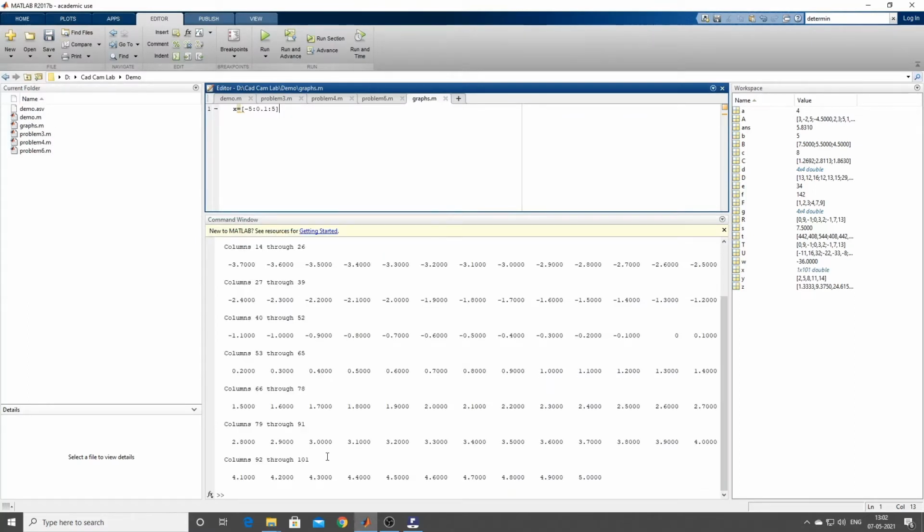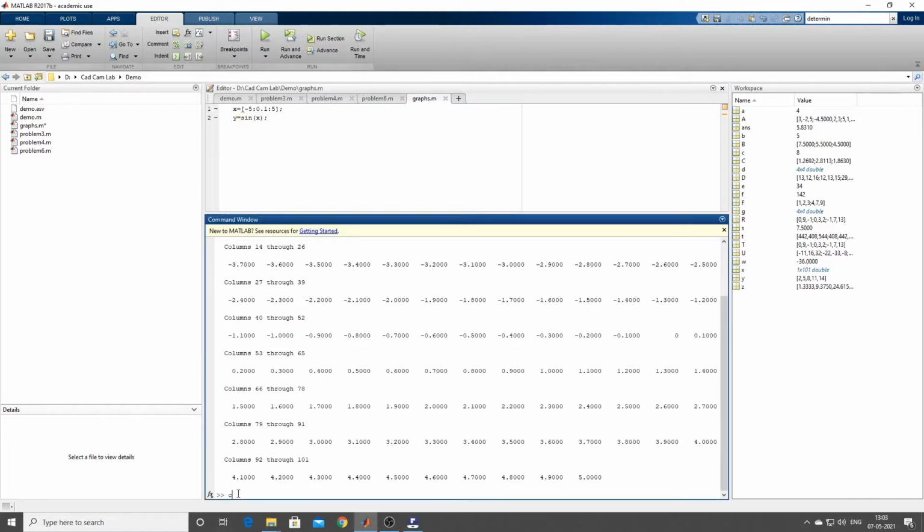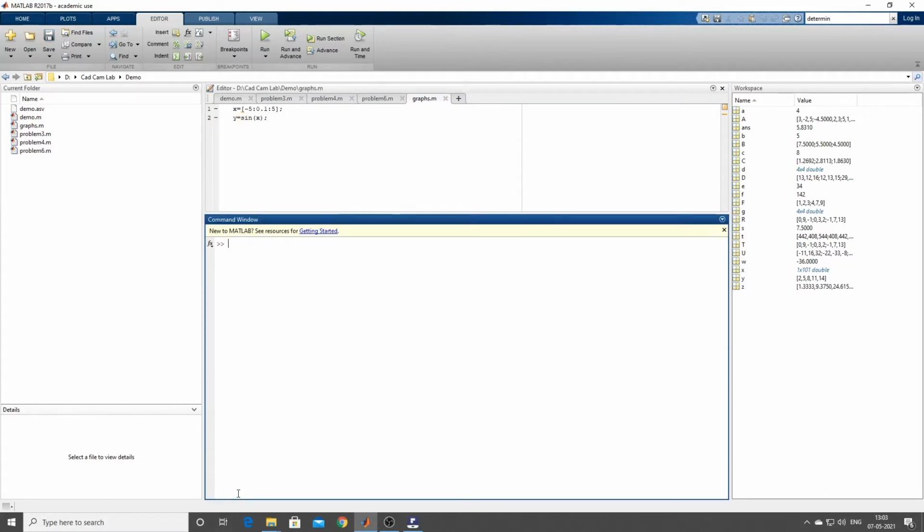It is giving a huge number of values, so I'll put a semicolon now. Now say y equal to sine of x. Again, for every value of x it is calculating y. I'll put a semicolon again, I don't want to see it. Here I'll put clc to clear the screen.